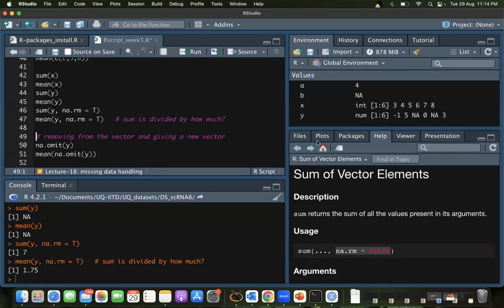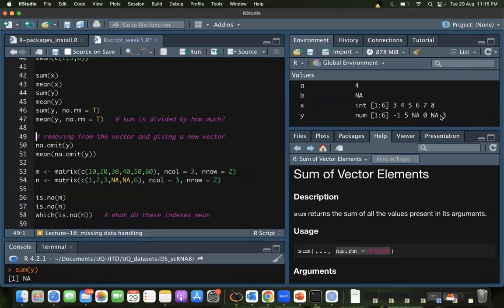Which is good. Now, again, can you tell me, don't look at the values here, but can you tell me, so when I'm summing it up, I'm writing -1 plus 5, which is 4, plus 0, 4, plus 3, 7, right? Yes, that's where we are coming at. So you have 4 values remaining, right?